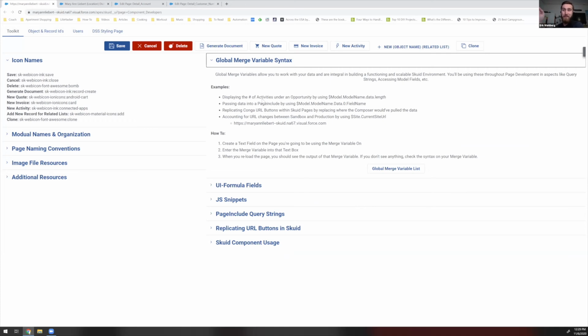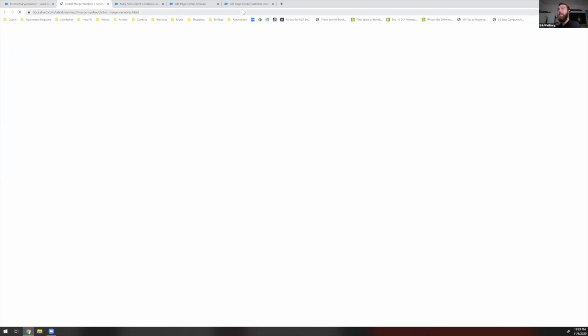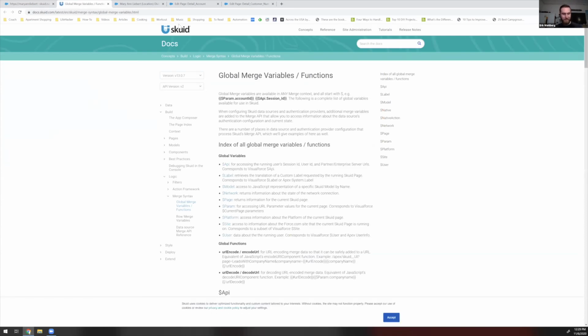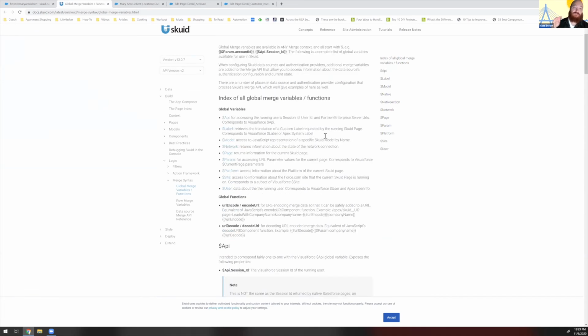This was my homepage for many, many months of my life. The global merge variable list over here. But yeah, there's a lot you can do with it. It's like Legos. You can either build like a tiny little castle, or you could build a fully functional Porsche F1911 with it. This is why I love it so much. So yeah, that's a great place to finish up there, because the Squid UI side,